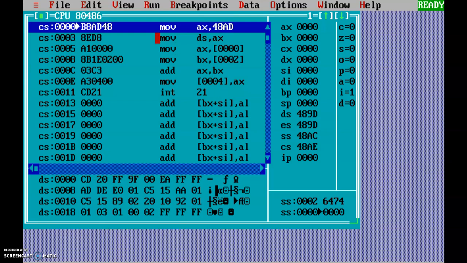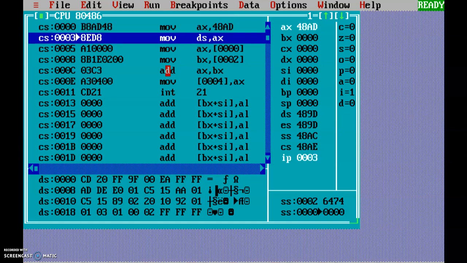This is the main program which we have typed earlier, from mov ds, ax till int 21h. Whatever program you have written, that program will be shown here. For seeing step by step execution of this code which you have entered, go for F7, function 7, to trace the step by step execution of the program.